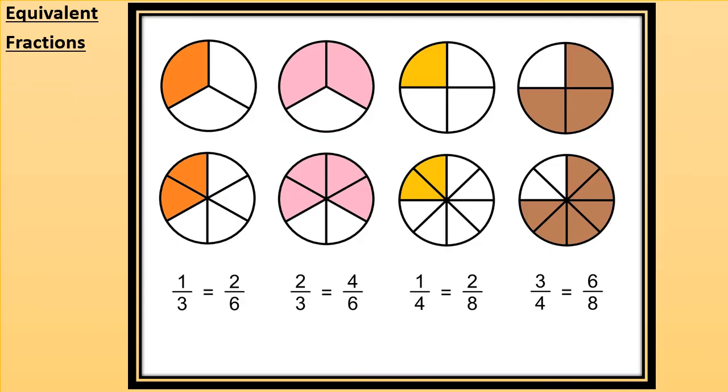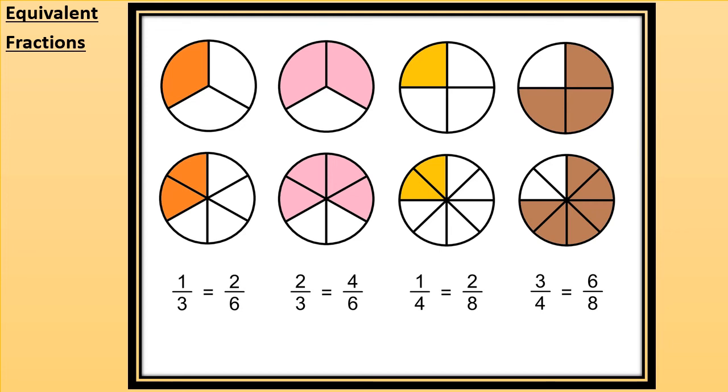Now see the given picture to understand more about equivalent fractions. So look at the first circle. Look at the upper and below part. Both are equivalent fractions. So in upper part, one part out of three equal parts is shaded. So it represents 1 by 3. And the lower part, 2 out of 6 parts are shaded. So it represents 2 by 6. But in both the circles, the amount of area shaded is equal. So they are equivalent fractions.